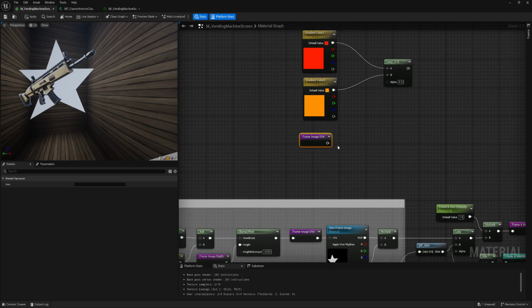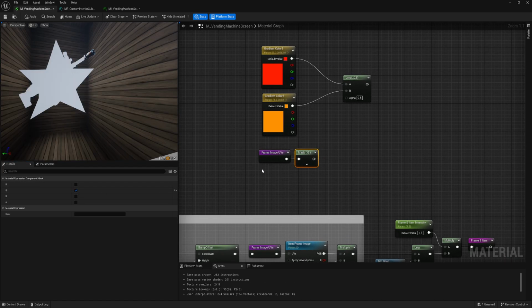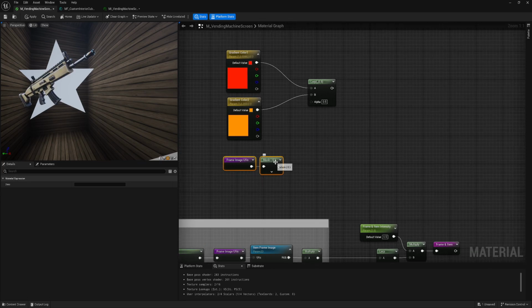UVs, but then I will mask it. I don't need two coordinates, I need only one. So basically with G, it will go up and down, so vertically.